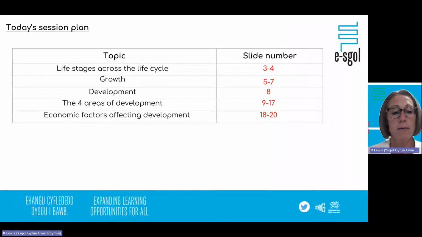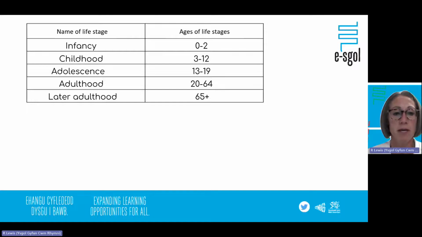In today's session, I am going to look at the different life stages across the life cycle. I am then going to look at what is growth and how we measure growth, what is development and how we measure development, the 4 areas of development, and also the financial factors that affect our development, so the economical factors that will affect our development. Starting off very simple tonight then, okay, what I would expect you to be aware of